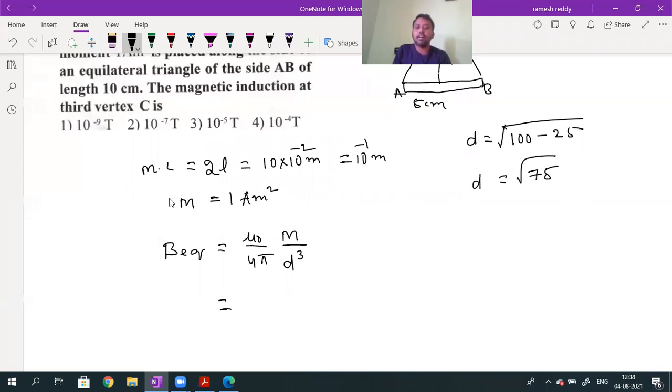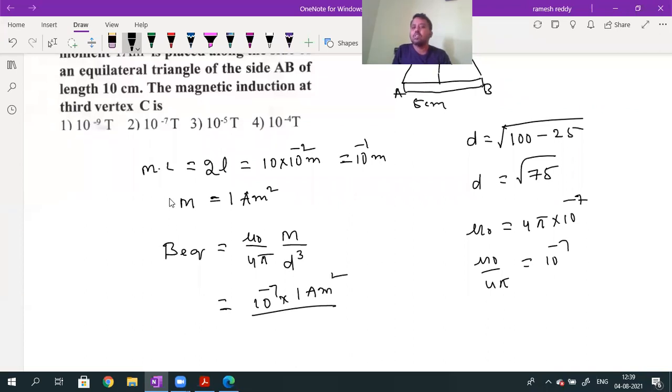Mu naught by 4 pi value is 10 to the power of minus 7. What will the mu naught value be? Mu naught equals 4 pi into 10 to the power of minus 7. So mu naught by 4 pi is 10 to the power of minus 7, into the magnetic moment value, which is 1 ampere meter square, divided by